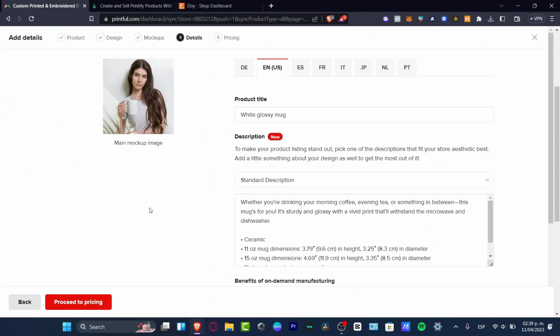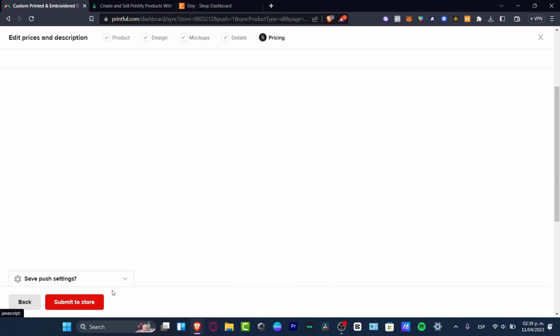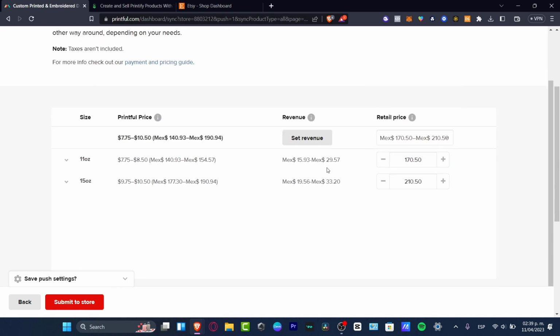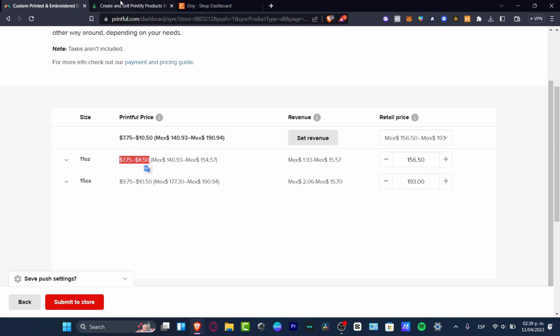I'm going to proceed into my details. I have here the pricing. Here, of course, I want to go into the English part and hit into proceed to pricing. This is something that would be really interesting. Now I have these prices on max, so I believe that I wanted to have a revenue. I'm going to go with, let's say that I wanted to earn only 5% of that. Let's say only 1%. So this is the actual price. It's going to be costing me Printful price $7, $8. So I'm going to do exactly the same thing